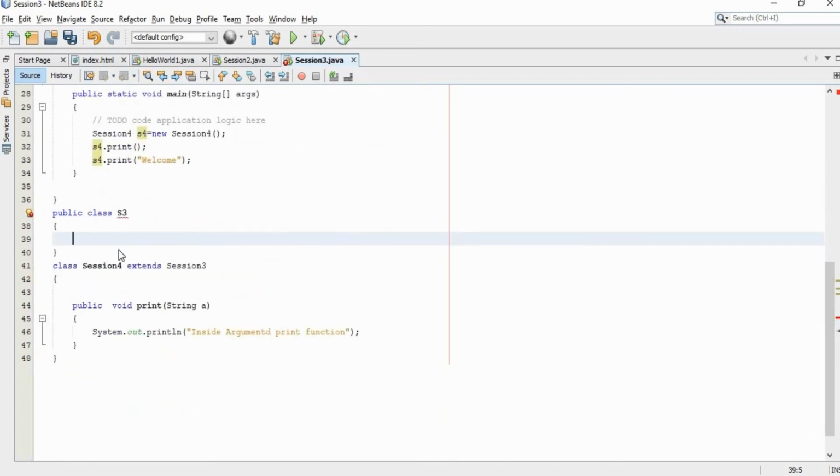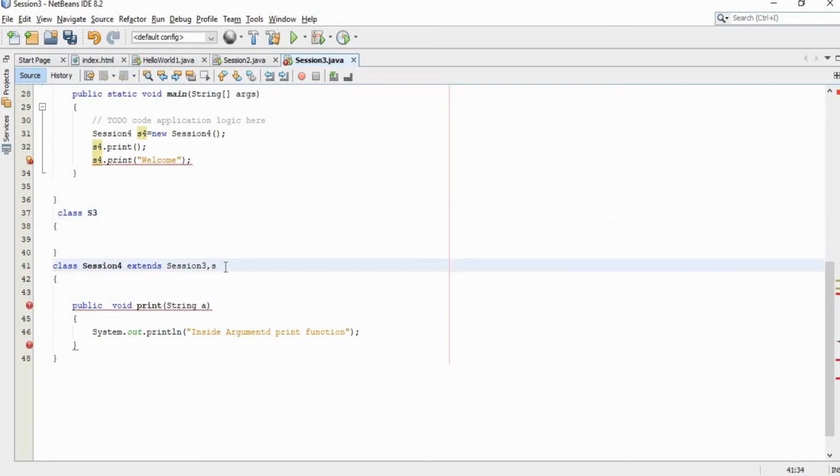Using S3 as well as session 3, we create another class called session 4. If we create an inheritance in this format, it is known as multiple inheritance. Here the base classes are session 3 and S3, and the derived class is session 4.